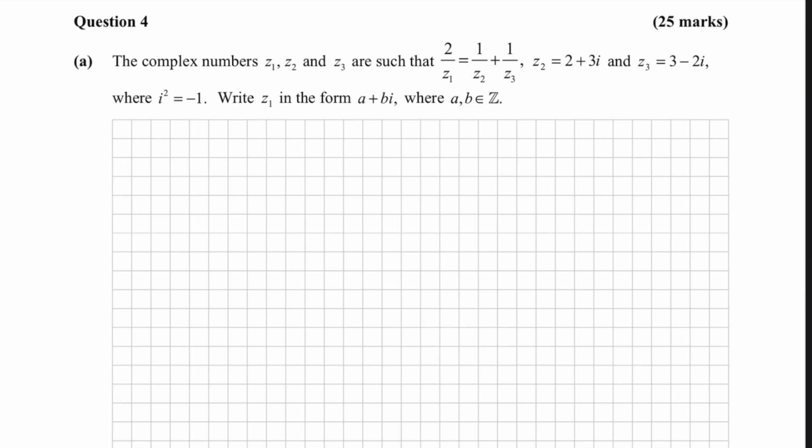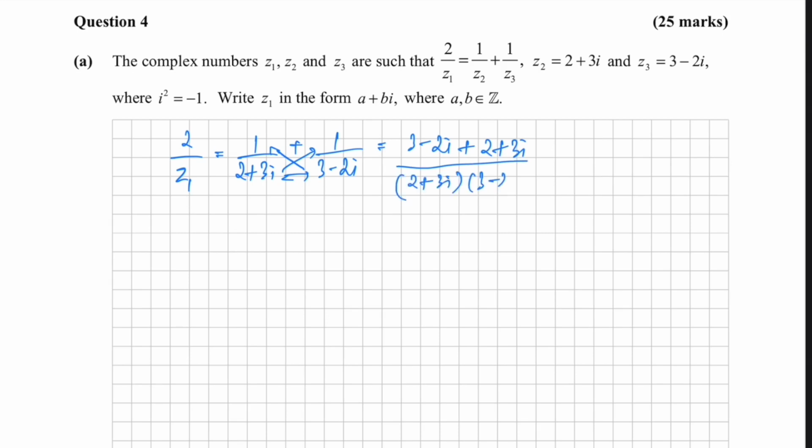So first we'll write the equation with the values given. 2 over z1 is equal to 1 over z2, which is 2 plus 3i, plus 1 over z3, which is 3 minus 2i. First we'll solve the two fractions here. So cross multiply, and for the denominator you multiply the denominators because the two are different complex numbers, which will give you 3 minus 2i, and in the center we have plus 2 plus 3i into 1 will be 2 plus 3i, divided by 2 plus 3i by 3 minus 2i, which will give you 3 plus 2 is 5